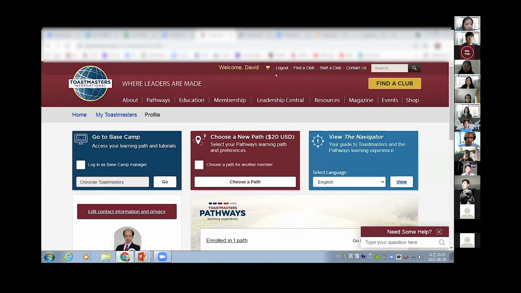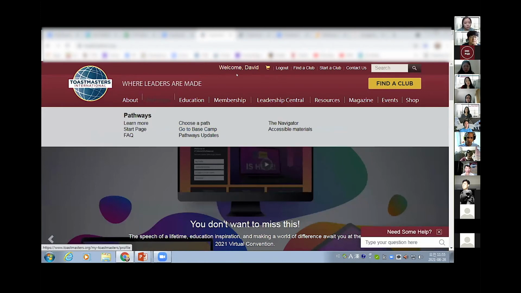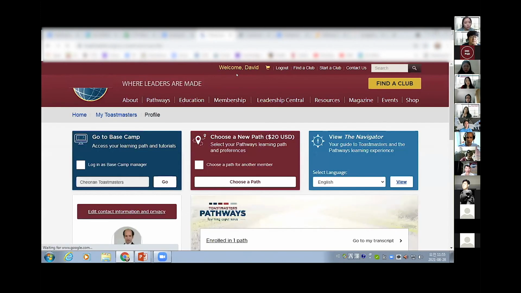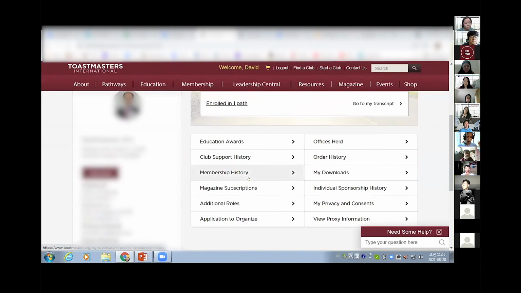If you click here, usually I just go here to the pathways. But I just saw you clicked it up here. You actually click the name and then a different screen pops up. So I'm just wondering, there's so much information out there. What are maybe some tips or some regularly visited stuff that we should know about?